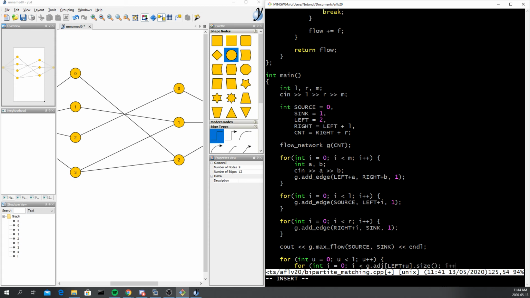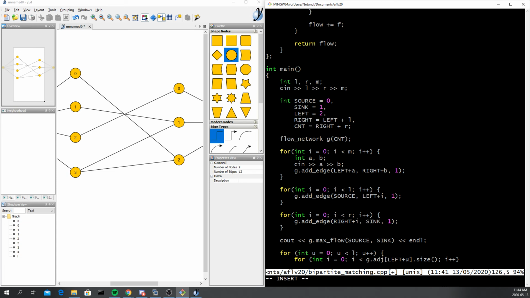So we're going through all the edges, and we only want to look at forward edges. So if the ith edge of left plus u is forward,